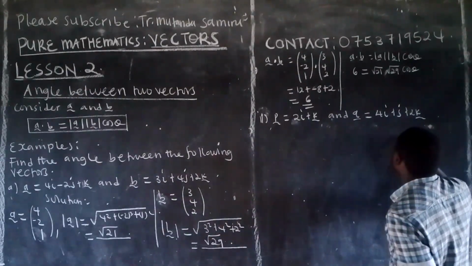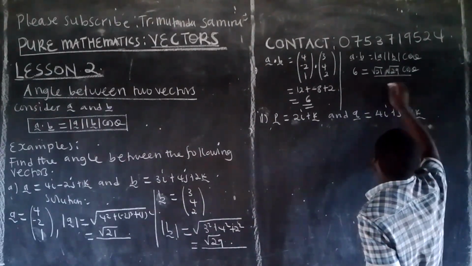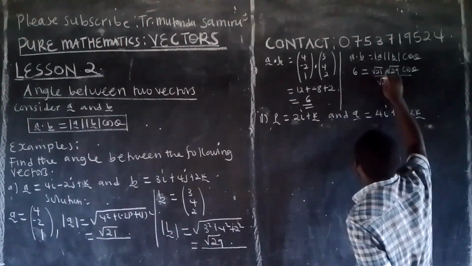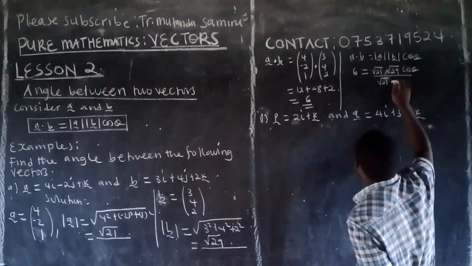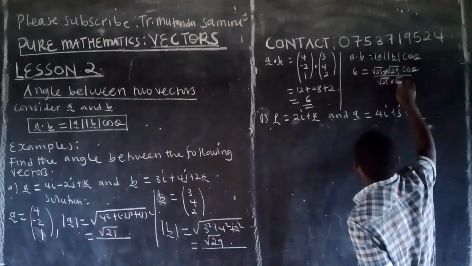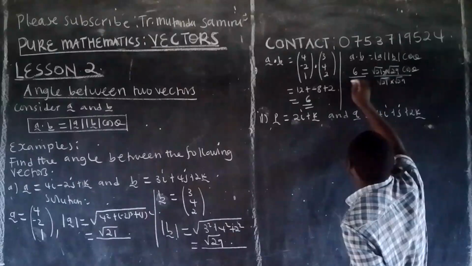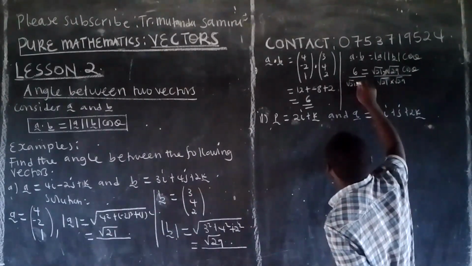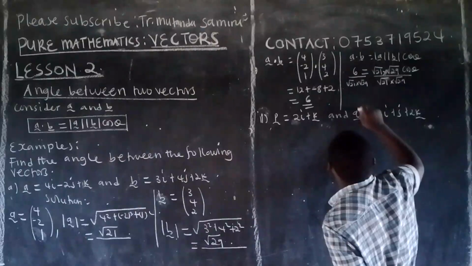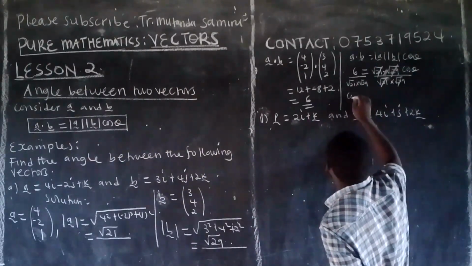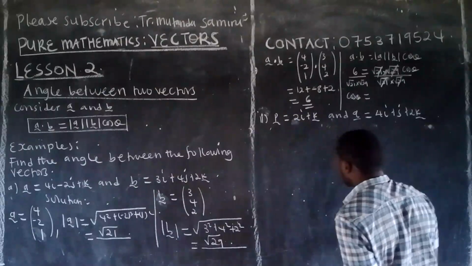So you realize that you will divide both sides by root 21 times root 29. Then also this side by root 21 root 29, like that. So this will go with that, this will go with that. So you have it that now cos of theta will be equal to